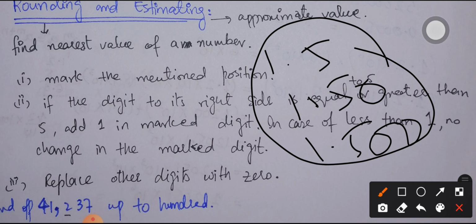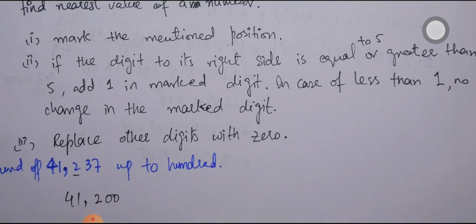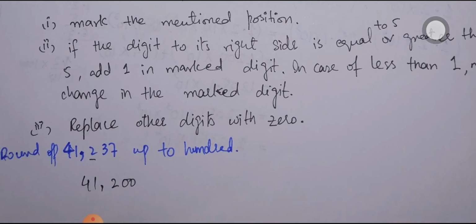That's why when we are rounding off the decimals, it is not necessary to replace the other terms with 0, but in case of whole numbers it is really very important, because if we are not replacing it with 0, we are changing its place value, which is not acceptable. So here we have an example in which we have to round off the number